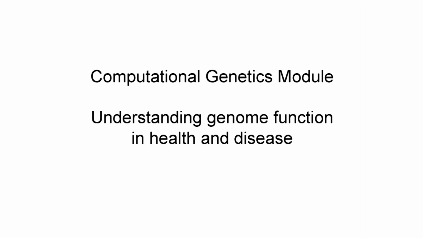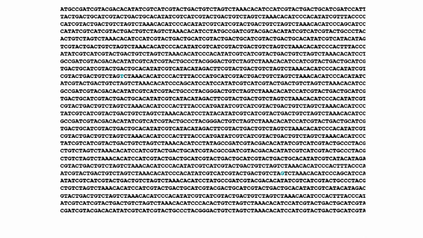Now, we all have about 3 billion bases in our genomes, and as you know, you differ from the individual sitting next to you about in 1 in every 1,000 base pairs on average. And so one question is, how do we actually interpret these differences between genomes? And how can we build accurate computational models that allow us to infer function from genome sequence? And that's a pretty big challenge.